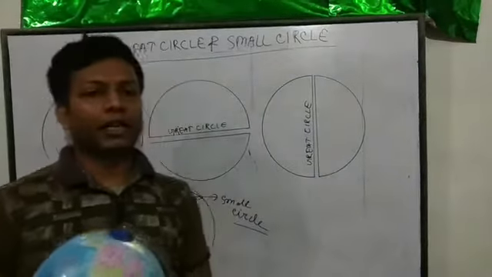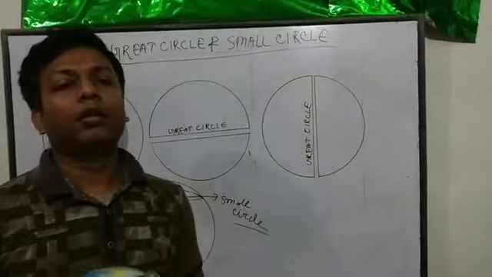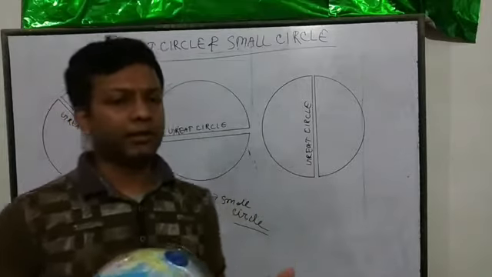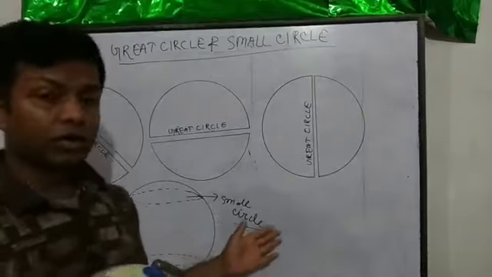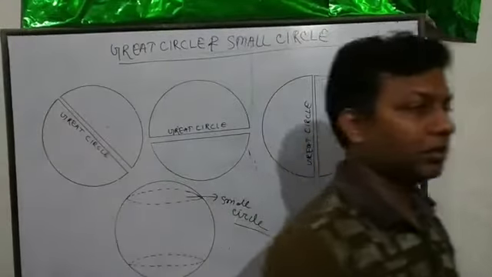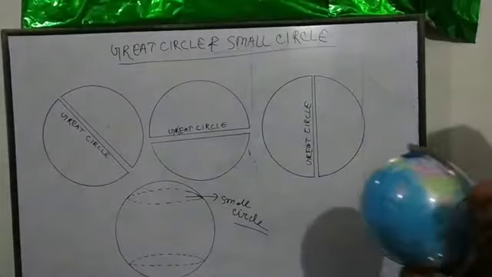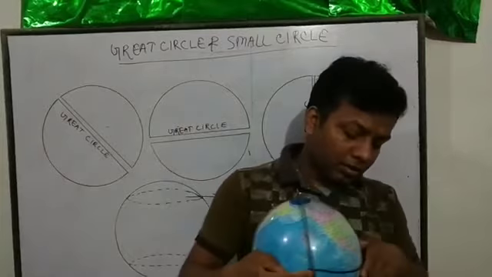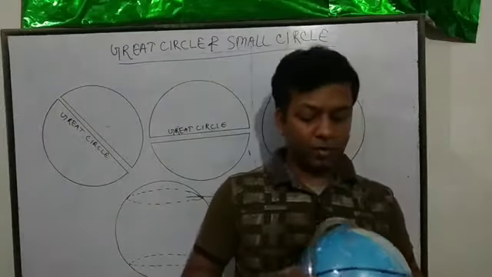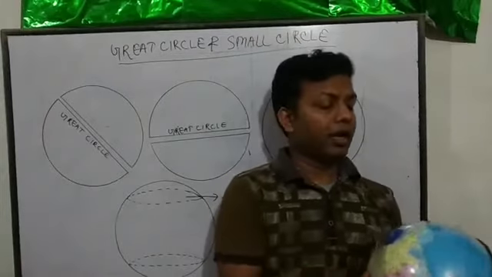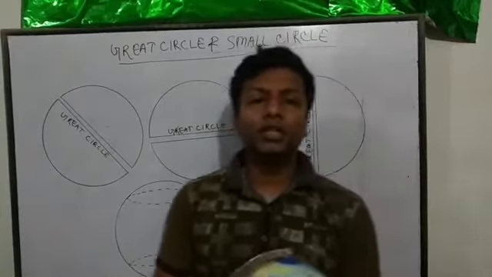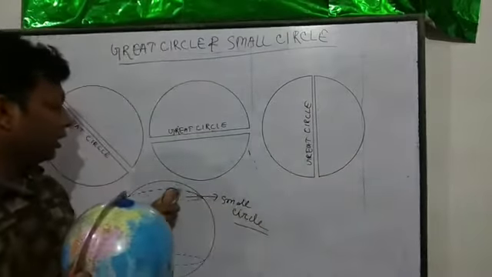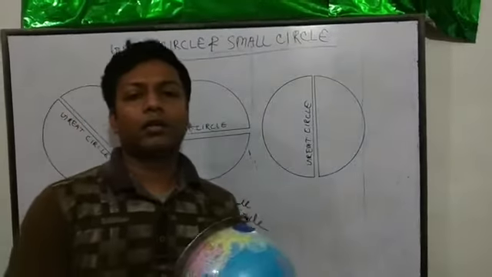We can also divide great circles in an electrical way, in terms of magnetic pole, in terms of geomagnetic pole, like that. This is not in your syllabus. But what is the use of a great circle and a small circle? Look at this. If you make the great circle here, and the equator or anywhere, we have the shortest distance on the earth in a great circle. Okay, and when you go in a smaller circle, it is a longer, bigger route.